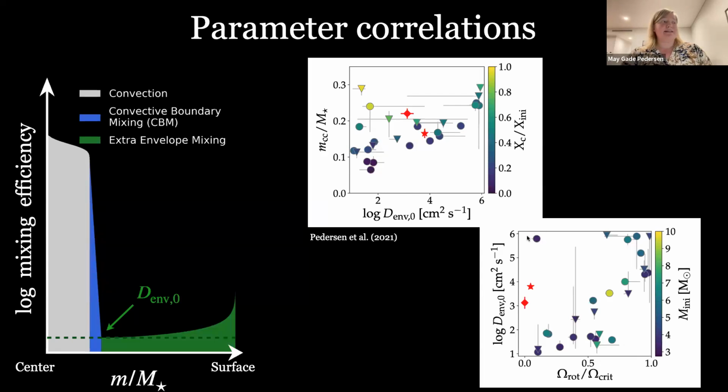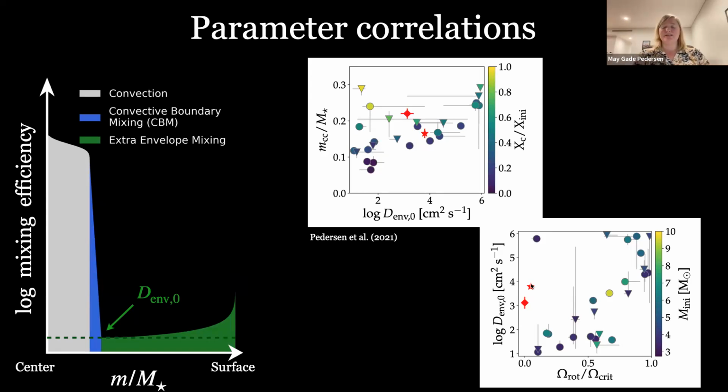One caveat to this is there's one outlier out here, where you see a slow rotation rate combined with a high amount of envelope mixing. This is not the only example where this is the case. And to show that, I've included 2 additional stars that have been modeled but were not included in our sample, where what is found is a slow rotation rate combined with a relatively higher amount of envelope mixing as well.